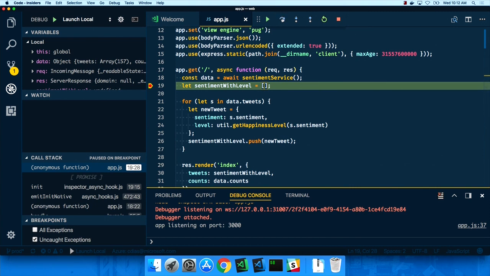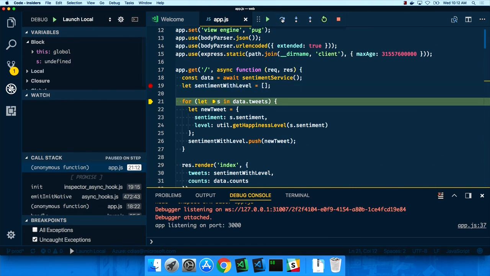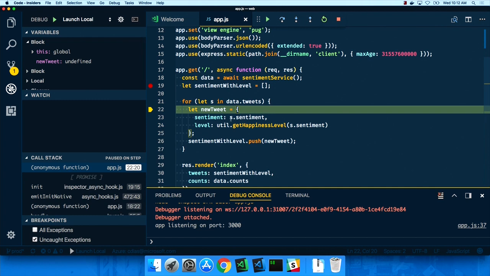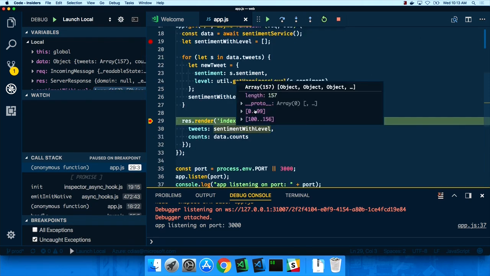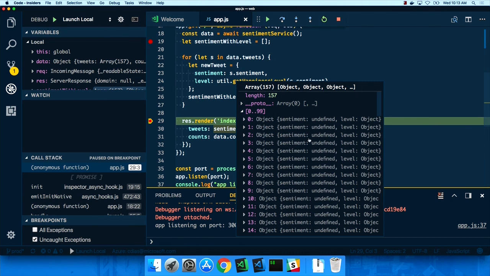And I can do everything that you expect. I can step into multi-line statements. I can hover over and see what variables are. I can set another breakpoint, and I can just press run, and we'll run all the way down here. And we get down to the bottom where we're rendering this page. I can drill in. I get a hover tip. I can see that I've got basically a bunch of undefined objects in my application. Right? Debugging is awesome. I can figure out flow control, but understanding what's going on there, sometimes I need a